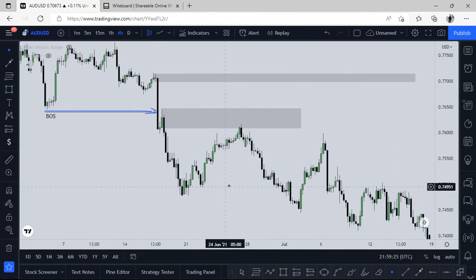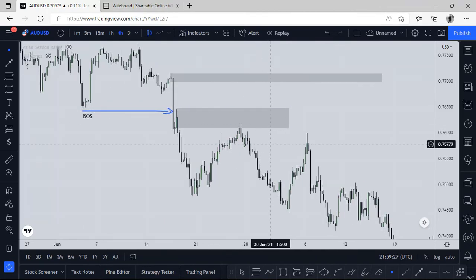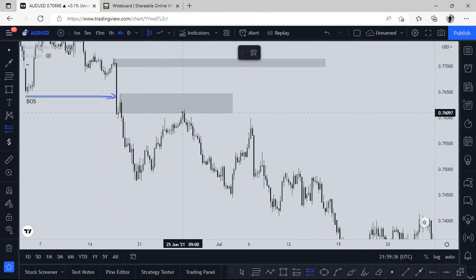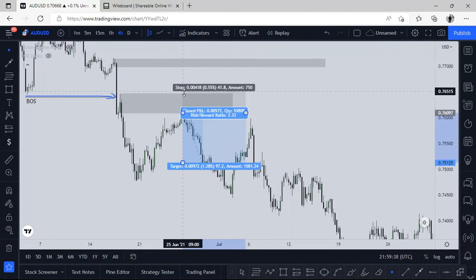Price came to retest this zone before heading downward. So you could just enter into this trade like this,